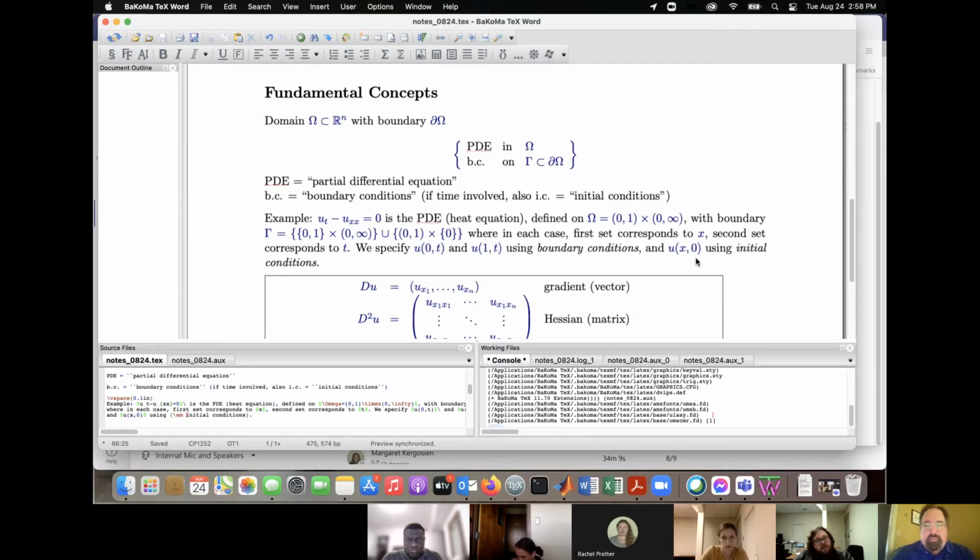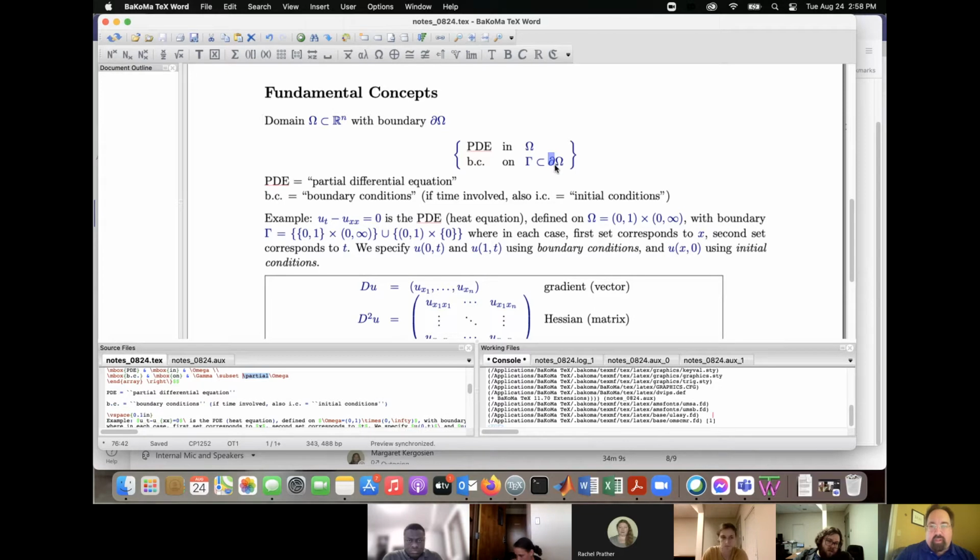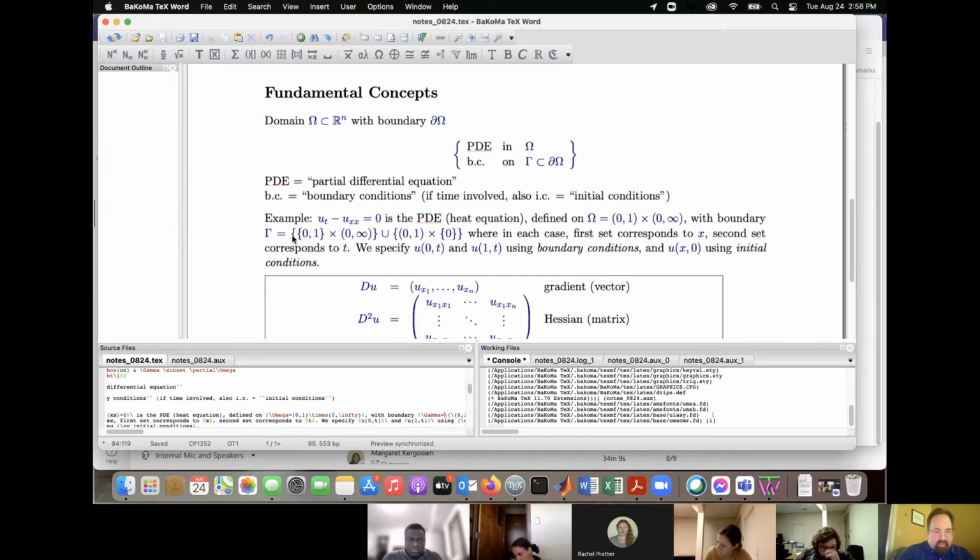So any problem we're going to work with, we need a PDE, and then we need whatever conditions on the boundary of whatever domain we have. Notice this symbol, you've seen this symbol to refer to partial derivatives, but it's also used to specify boundary. So gamma here